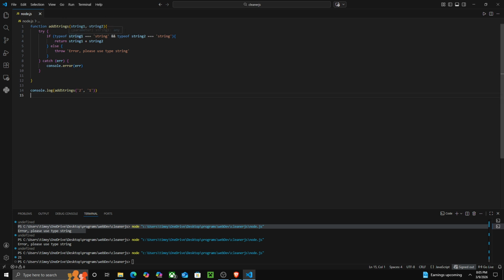The function checks. First, it tries to run the main business logic, or like the main function of the code, right? It checks, okay, is string one a string? Because obviously it can be a number. And this goes into types in JavaScript, which even though JavaScript isn't a strongly typed language, it still does support types. So a type is like literally what does a value represent? For example,